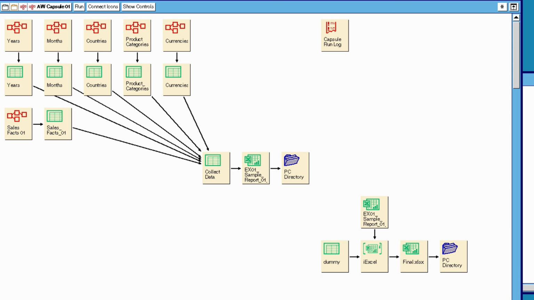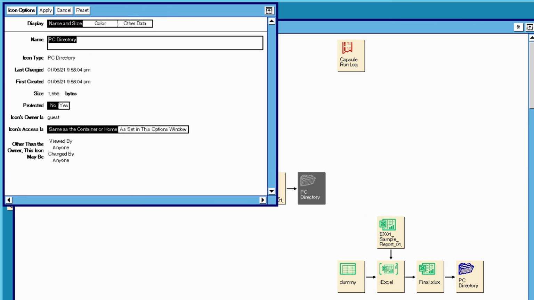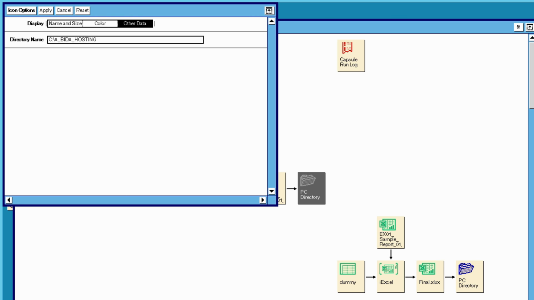Now go to the first PC directory icon in the middle of the screen and hover over the top of the icon with the mouse. Now open the Options panel by clicking on the icon once to highlight the icon and then pressing F4. Now click on Other Data. You will see that the directory name parameter is set to C:\,